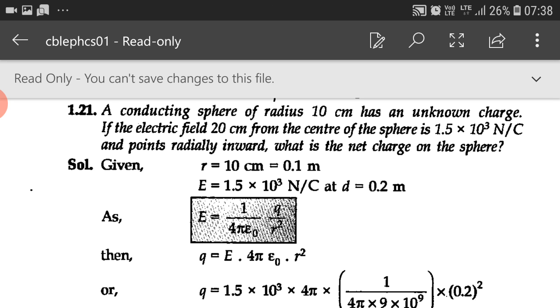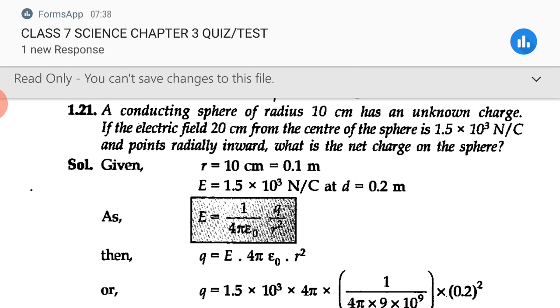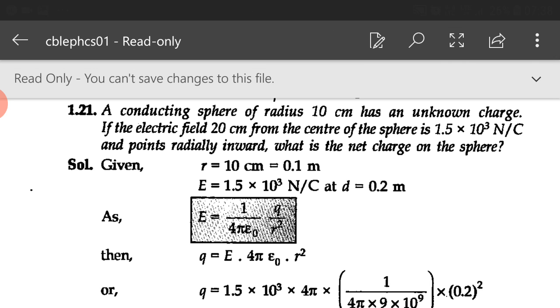Now we know if we are to calculate the electric field at a point lying outside the sphere, then it behaves as if the whole charge present on the surface of the sphere is concentrated at the center of the sphere. It means the charge Q, which is actually present over the surface of that conducting sphere, appears as if this whole charge Q is concentrated at its center. So, the electric field at the point outside the sphere will come out to be E is equal to 1 upon 4 pi epsilon naught Q by r square. r here is the distance of that point from the center of the sphere.